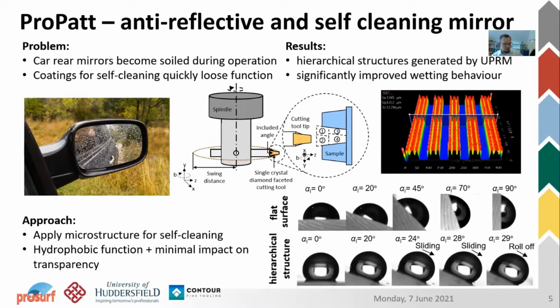The third demonstrator is ProPad, also a part optical, part mechanical demonstrator. So it basically should be a car mirror that has some self-cleaning features, hydrophobic features, so that the raindrops that come onto the mirror surface just peel off and run off without sticking to the surface, and thereby cleaning the mirror and providing additional